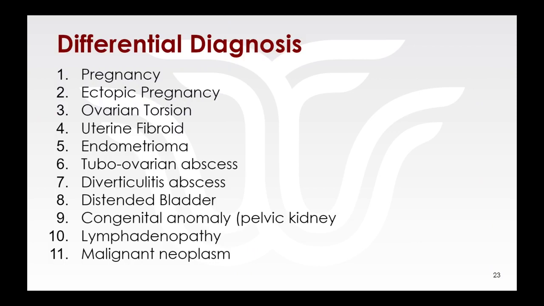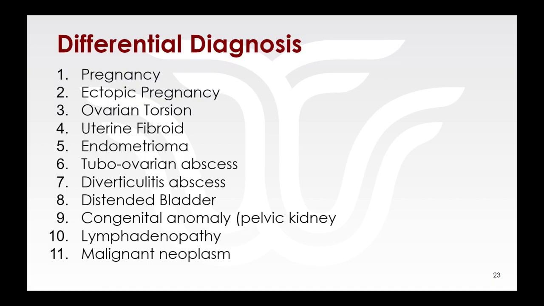So we're going from most common to least common, depending on the patient. So pregnancy, ectopic pregnancy, ovarian torsion, tubo-ovarian abscess. Those are, this could be a gynecologic emergency. I need to do something right now. So that's also a question that you will be asked in exams, and something you obviously want to know when you're seeing